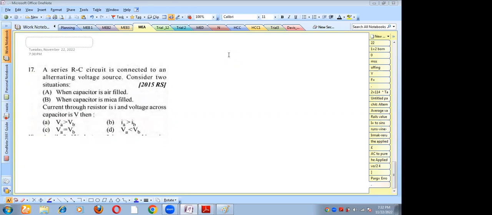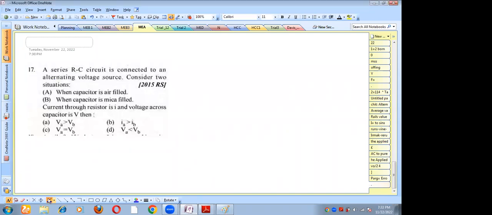Consider two situations: when the capacitor is air filled, and when the capacitor is mica filled. Current through the resistor is I and voltage across the capacitor is V. Then,